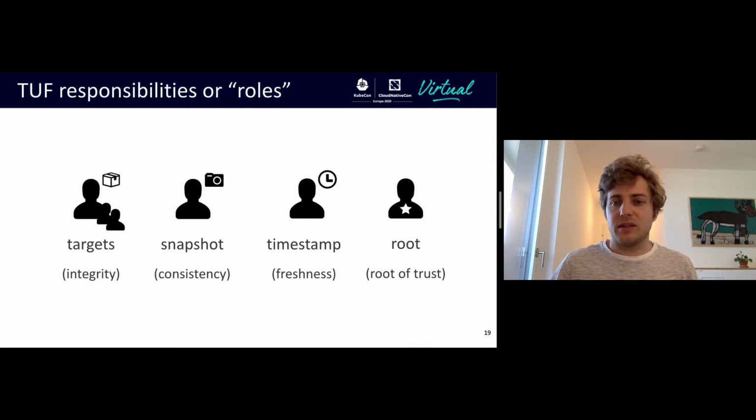And there is a specific role for that that's dedicated to guarantee their integrity. Then there is the snapshot role, taking care of consistency of the overall repository, the timestamp role, taking care of freshness, and a root role that serves as the root of trust for all of these roles.